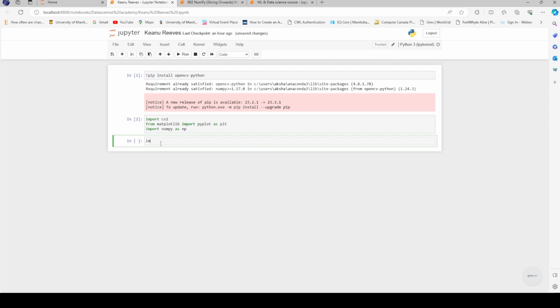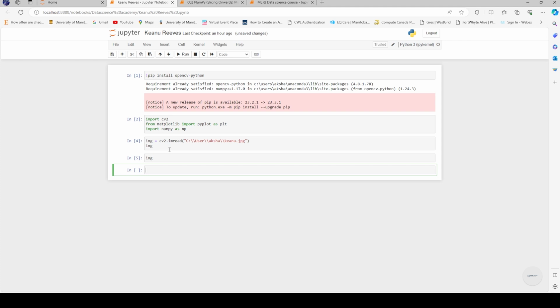First of all, let's say img is equal to cv2.imread. This is the command if you want to read an image. Then I'm going to give the path to my image, .jpg. I had already named the image, and now I have read the image into img. Now if I run img,